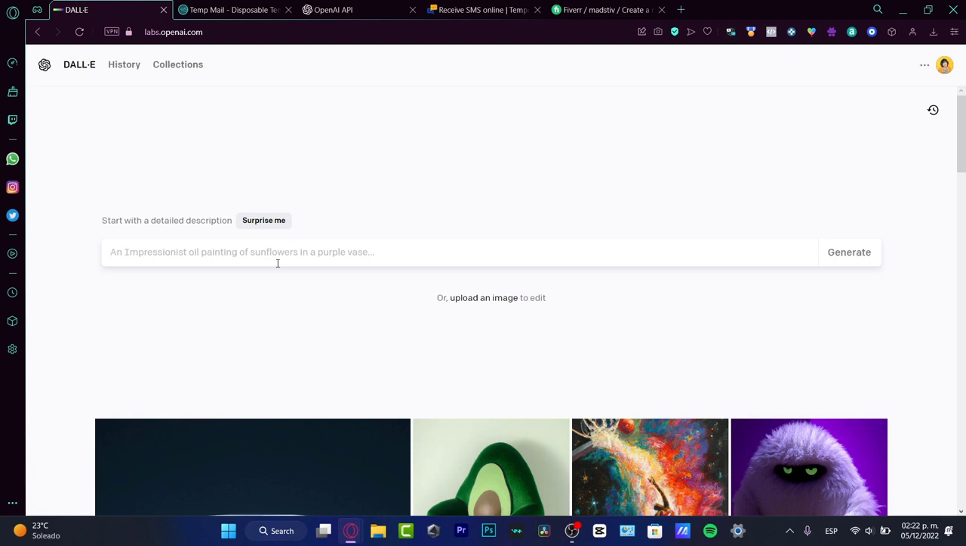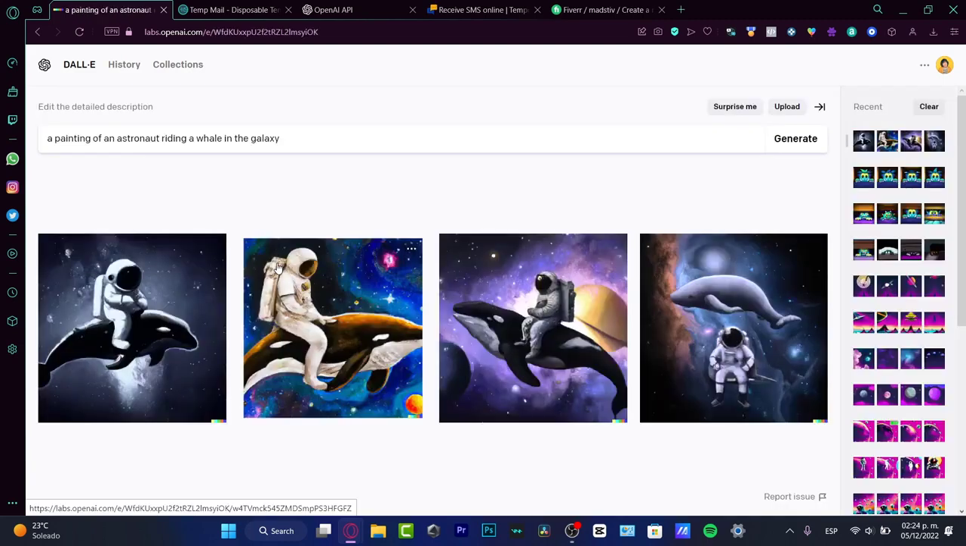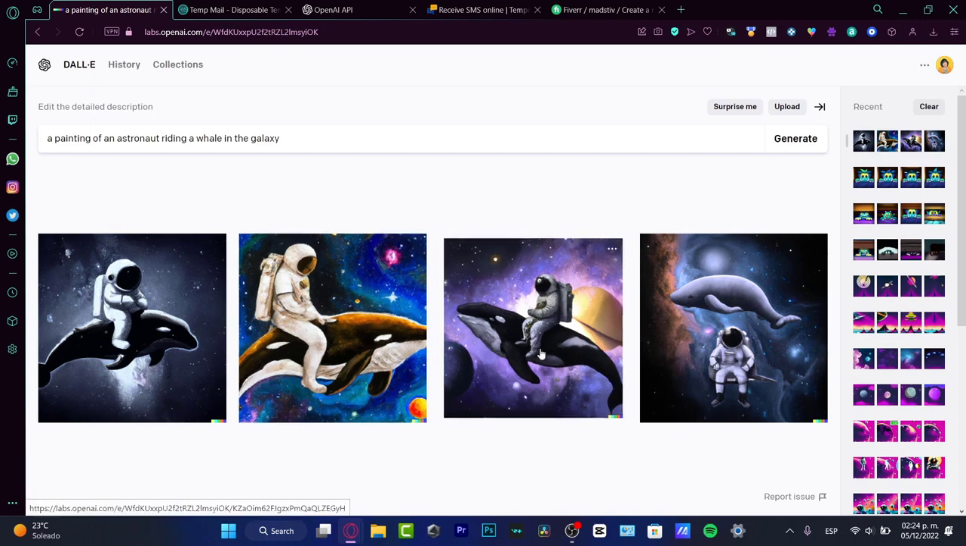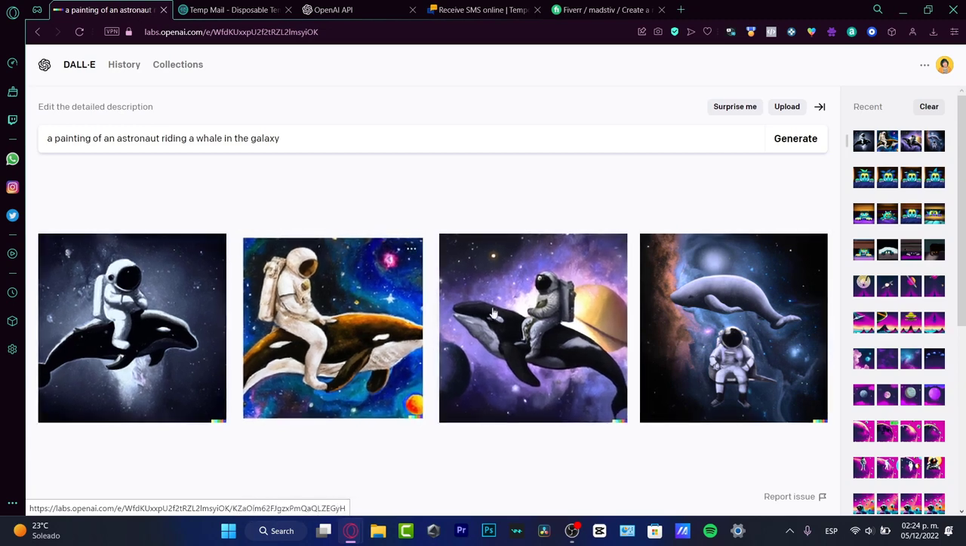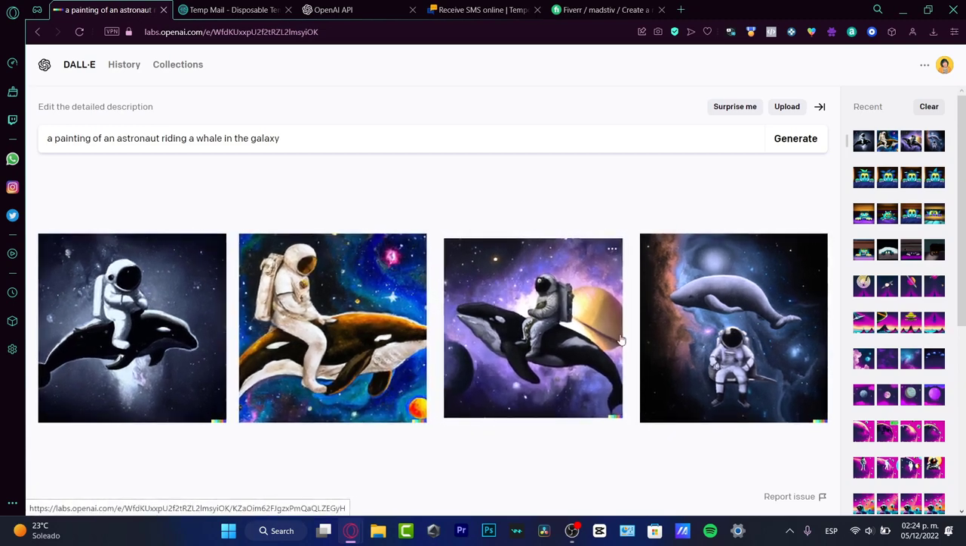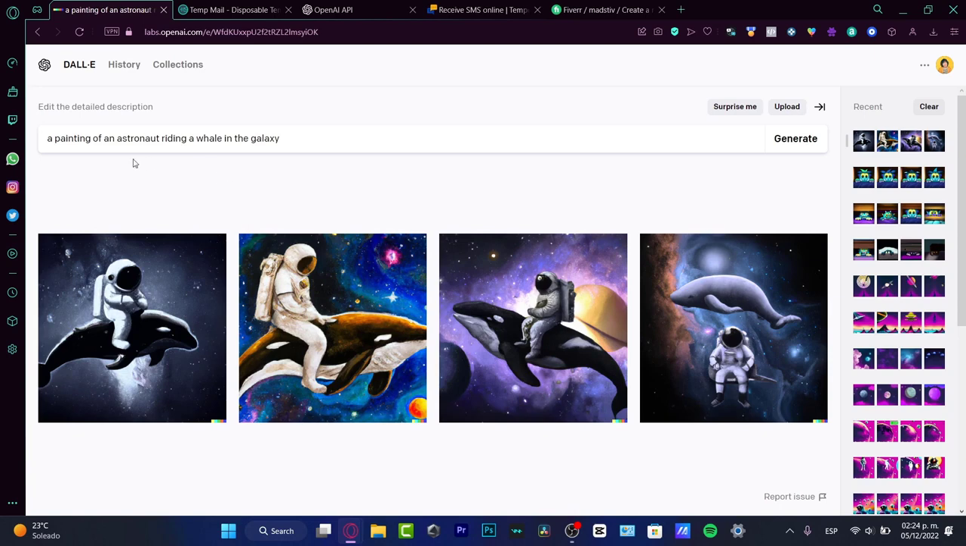So I want to create something like a painting of an astronaut riding a whale in the galaxy. Alright, so here we do have the different options. I think I love the third option. It's looking really great. As you can see, there are four variations of what we've just told the application to